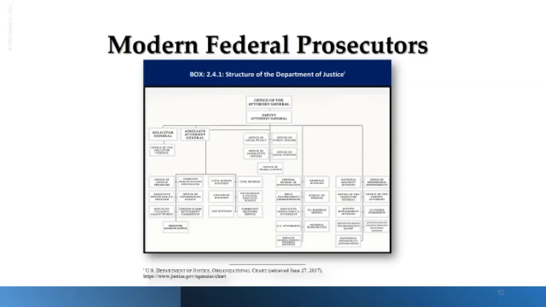Within the criminal division, you have the Federal Bureau of Investigation, so the FBI belongs to the DOJ. The Drug Enforcement Administration, the DEA, belongs to the DOJ. The Bureau of Prisons, BOP, belongs to the DOJ. The U.S. Marshal Service, the Marshals, belong to the DOJ. There's Interpol, which is an international organization. It belongs to the DOJ. Then we have alcohol, tobacco, and firearms, also belonging to the DOJ. And probably most importantly, we have U.S. attorneys. Now, what's really interesting here is everything I just said, with the exception of the U.S. attorneys,